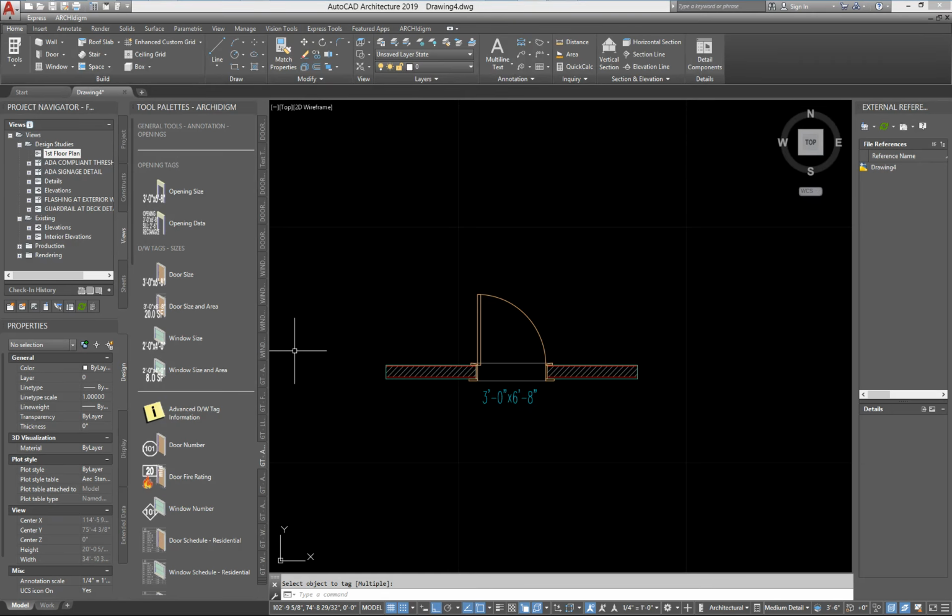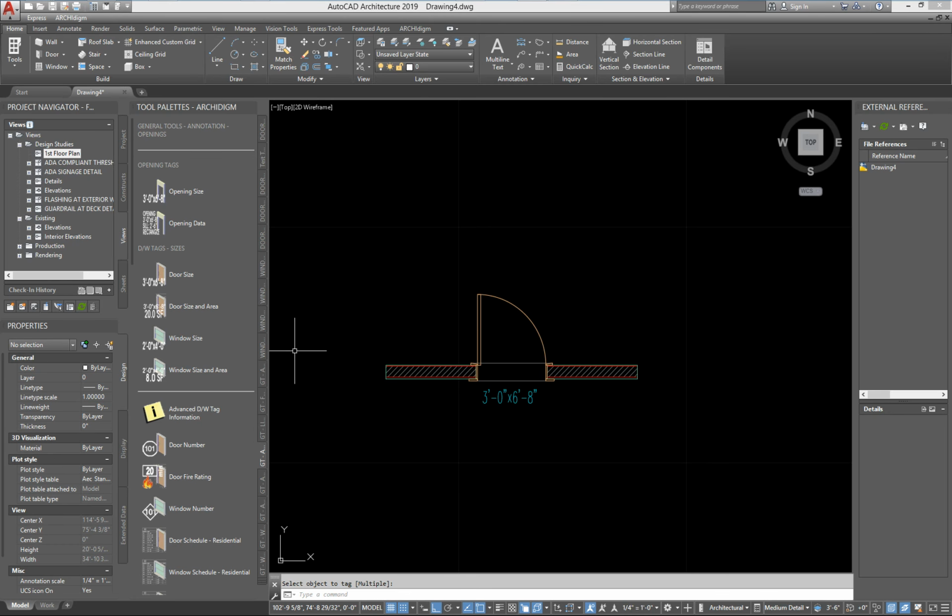Let's take a long walk down memory lane in AutoCAD Architecture, all the way back to when it was called Architectural Desktop. What I have on the screen in front of me is a door and a wall with a very simple tag that just shows the width and the height. Now, believe it or not, there is a built-in solution in AutoCAD Architecture to do something very similar to that,